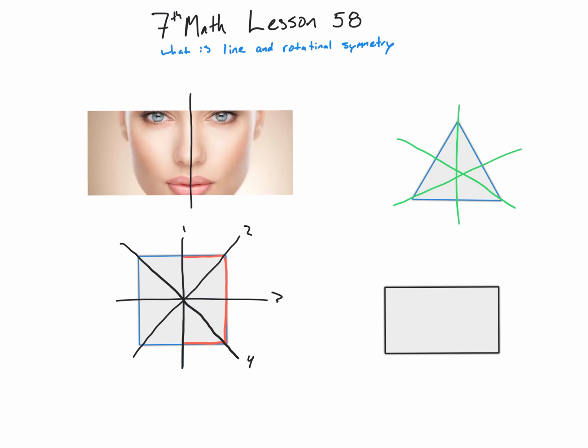Now on our square over here, I have a line of symmetry this way, because if I folded it there, the left and the right would be the same. And also if I folded it here, top and bottom would be the same. However, if I were to draw one diagonally like this, that would not be a line of symmetry, because if I were to copy this blue line here and flip it across, it would be